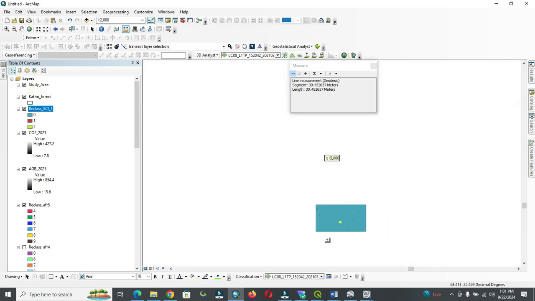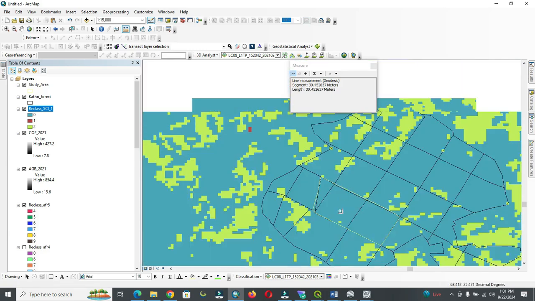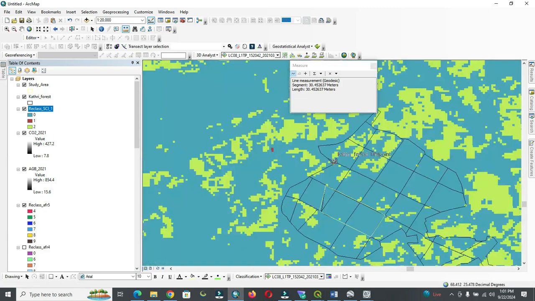So I hope this tutorial will help you in estimating the carbon in the forest or the above ground biomass with the help of NDVI. This tutorial will be helpful for you in research work, and you can also share it among your friends,